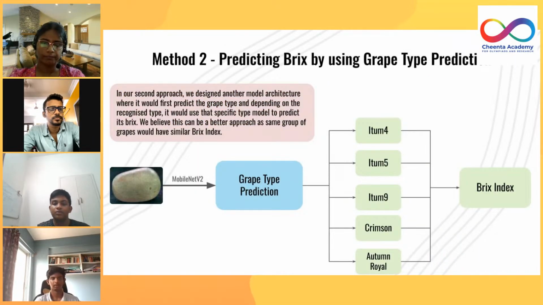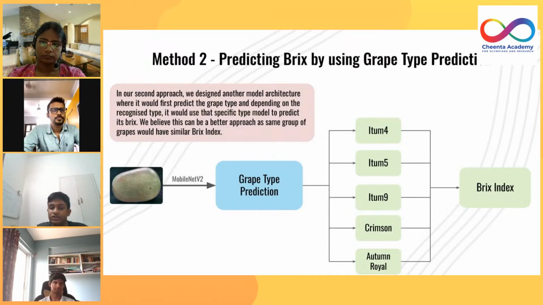So now we talk about method 2. In method 2, we use a rather complex method to predict the grape type and then predict the brix index. So we basically optimize the grape type to predict the brix index. In our second approach, we designed another model architecture where it would first predict the grape type, and depending on the recognized type, it would go through five different types of regression models. So we have Atom 4, Atom 5, Atom 9, Crimson, and